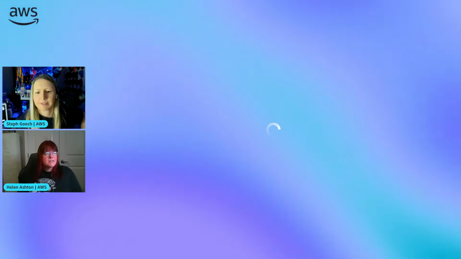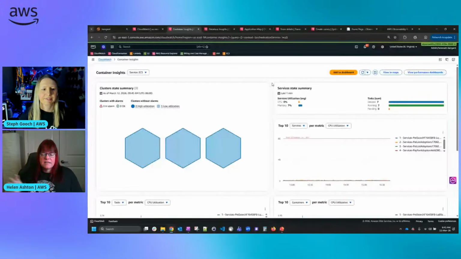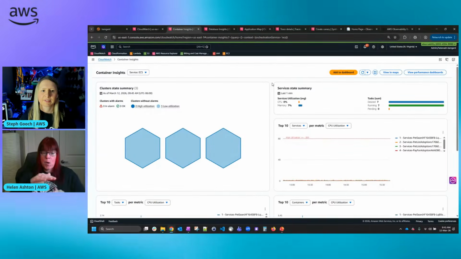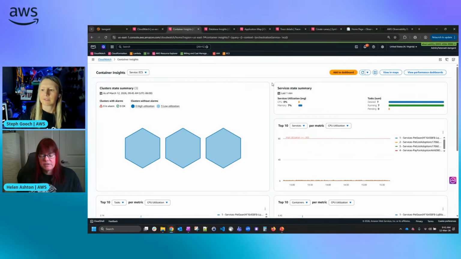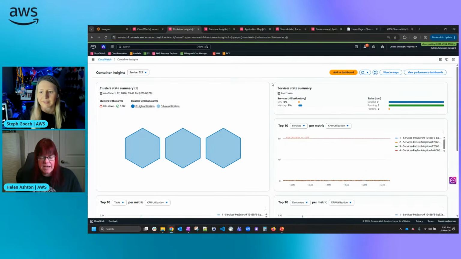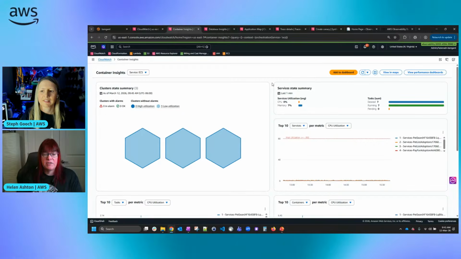So let's start off with the bottom end, the more infrastructure end. I've said there's these vendor metrics that come in, and you can build your own dashboards and set your own alarms, and we're not going to go into that today. But some of the out of the box experiences that are there for specialist areas, I think are worth bringing to people's attention.